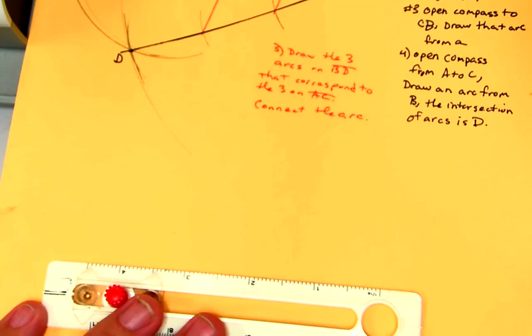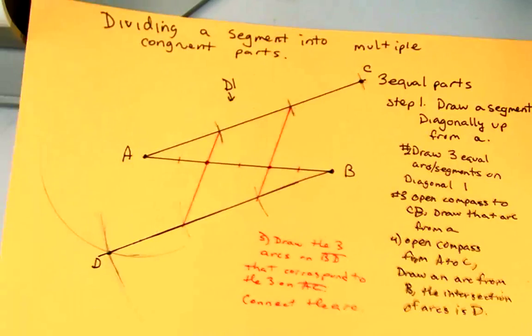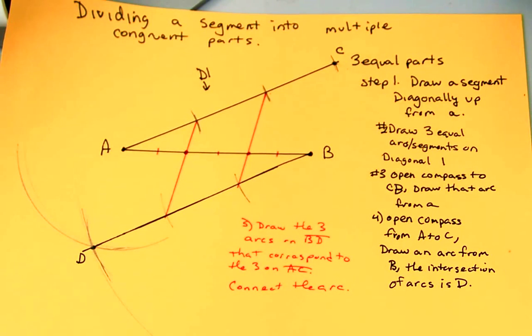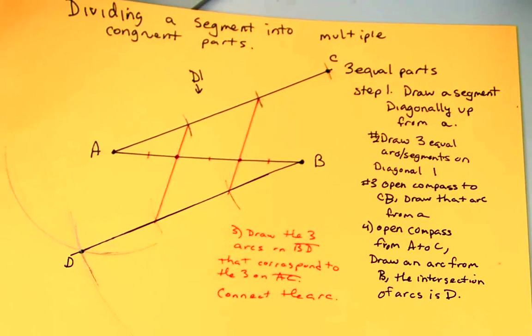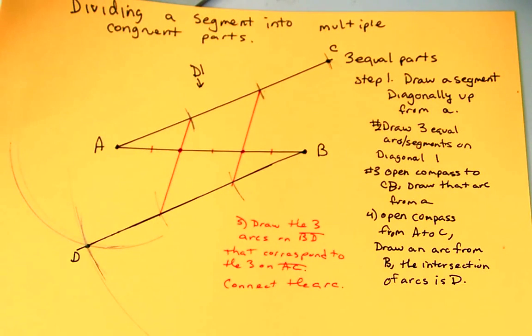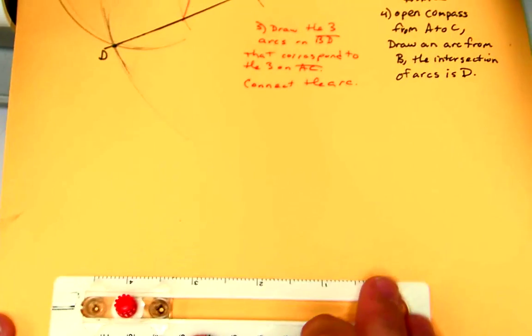Alright, this is dividing a segment into equal parts. This is one picture that you can pause the video and take a look and follow the steps. I'll go through it one more time. There, pause the video, follow the steps. Here's the steps in a little quicker